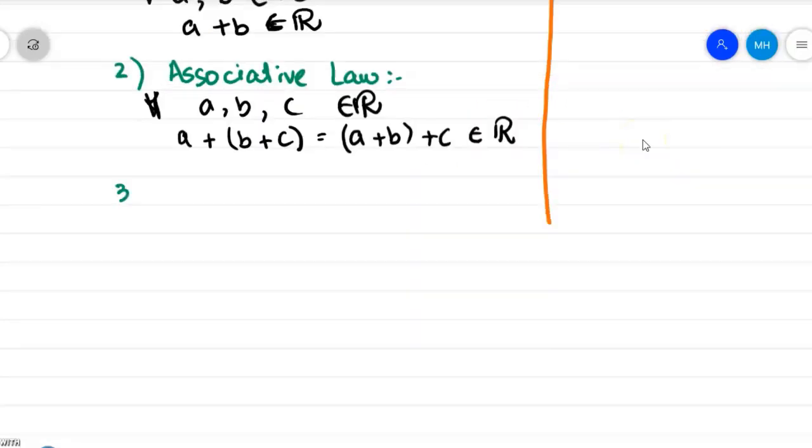So the third property we have is the additive identity. As the name symbolizes, whenever the identity is applied to any number, it will give you that number unchanged. Because we are going to discuss addition, we have an answer of additive identity. So